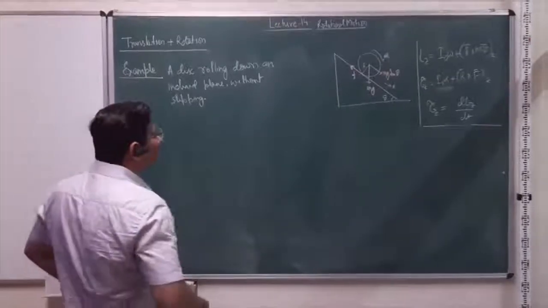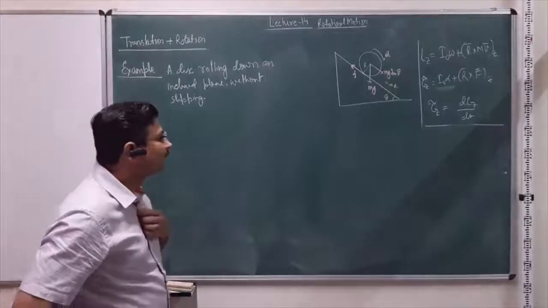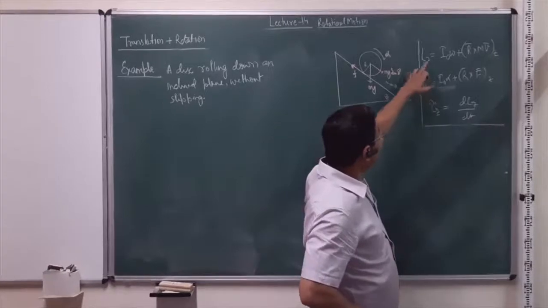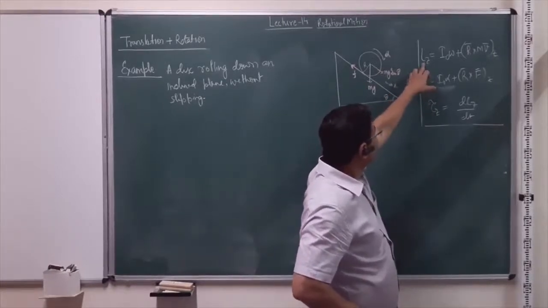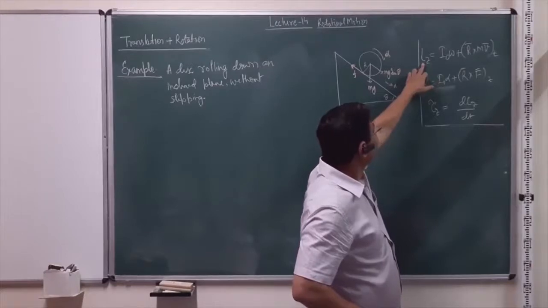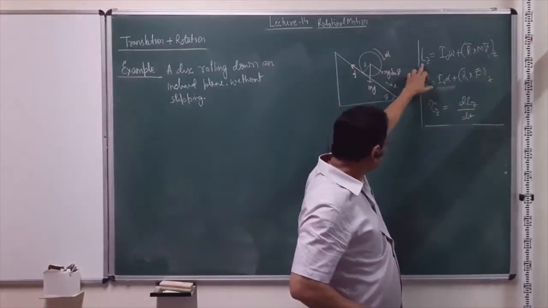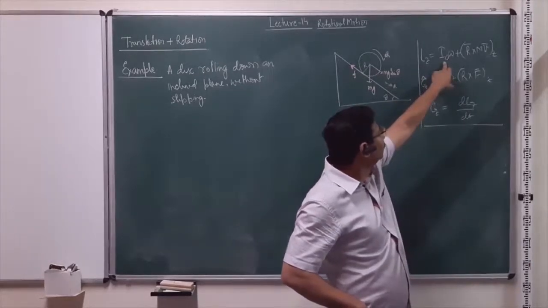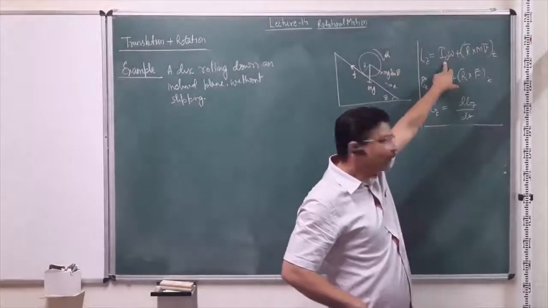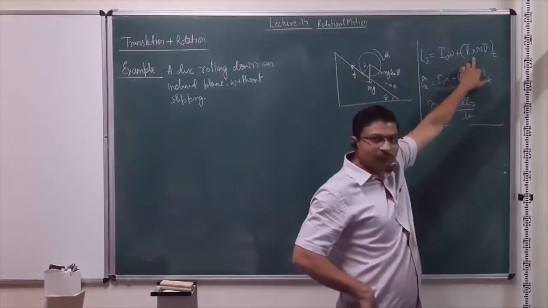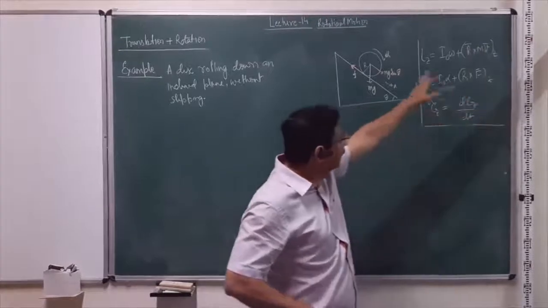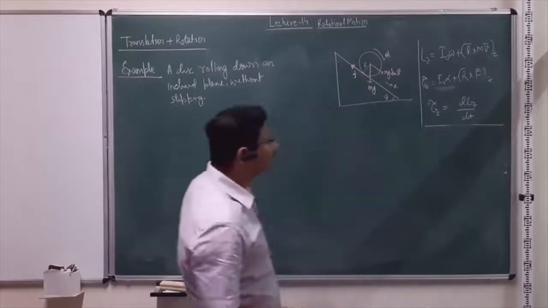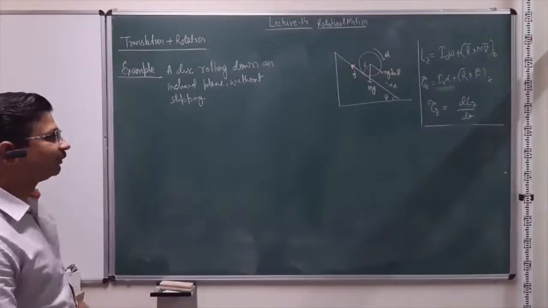So now we can consider a couple of examples to see the application of the equations that we have derived. Just to remind ourselves, I have written down the equations here. The total angular momentum of an object about an origin O, or about any origin, is equal to its angular momentum about the center of mass, plus the angular momentum of the center of mass about that origin. Similarly for torque, and of course tau z equals the rate of change of angular momentum. That equation remains valid for all the cases.